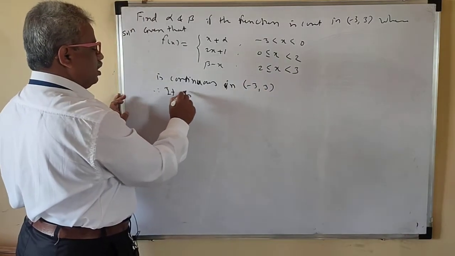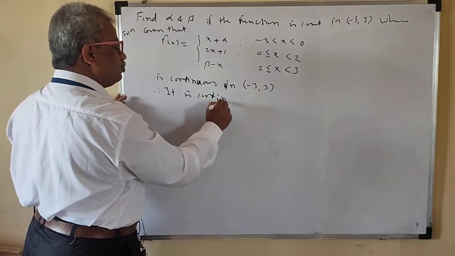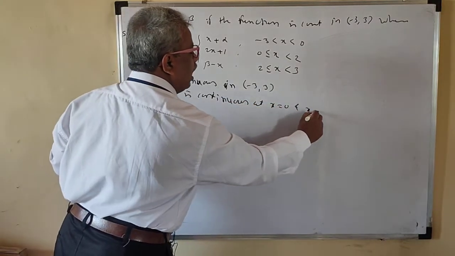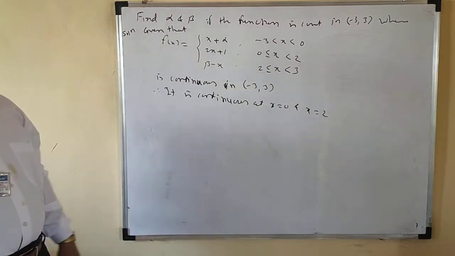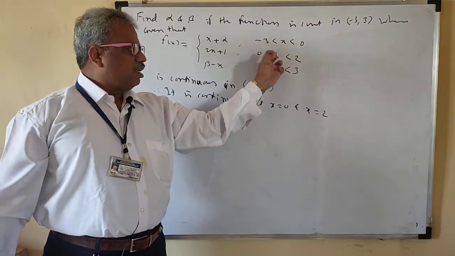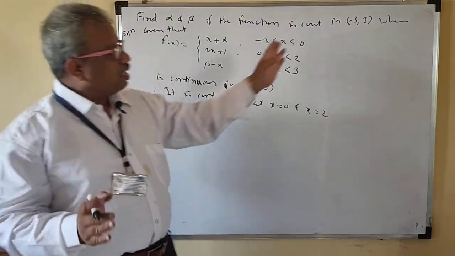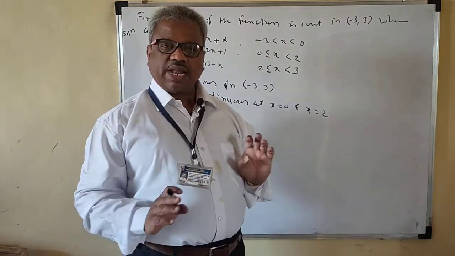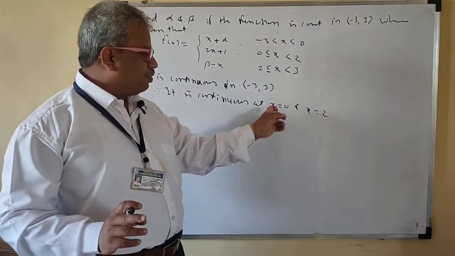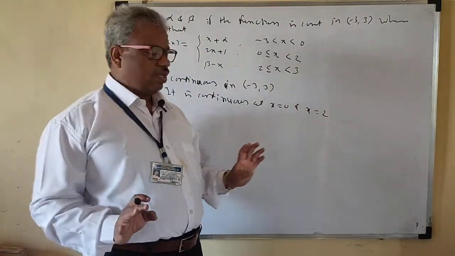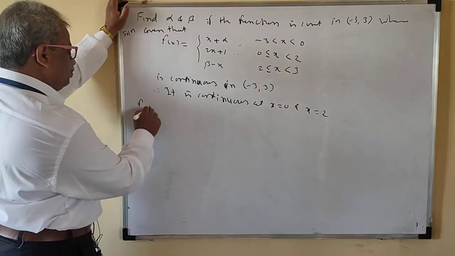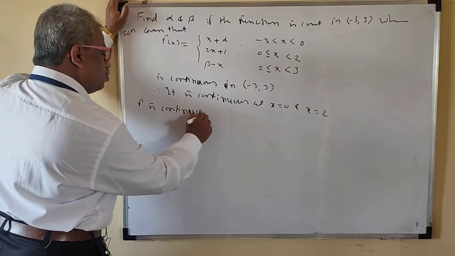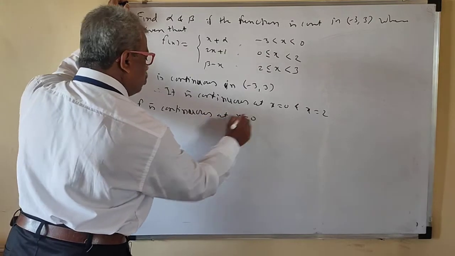Therefore, it is continuous at x equal to 0 and x equal to 2, where the function breaks. So continuous in the interval minus 3 to 3 means it is continuous at 0 and at 2. We will take the benefit of x equal to 0 and x equal to 2 only. Okay, so f is continuous